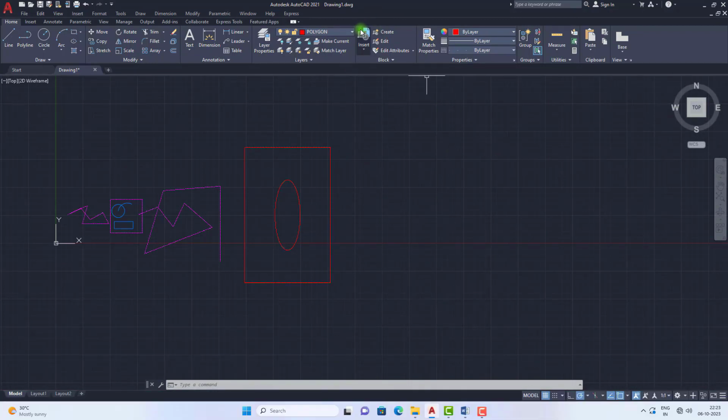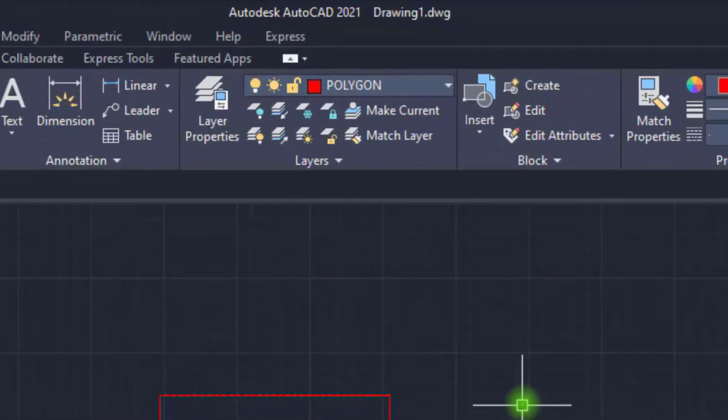So now, if you want to hide any objects, you can go here and click the first option, and the objects will be in hide mode. And now I need to show the objects. We have made the objects hidden, and there is an option here which is the opposite of Off.